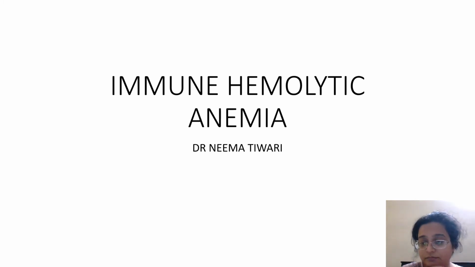The last lecture I had taken was on autoimmune hemolytic anemias, and AIHA is a part of the spectrum of immune hemolytic anemias. I will show you a few slides from the text, again from the same source, Dr. Tejinder Singh's book. But what I want to tell you in this case is that I will focus more on how to differentiate between specific immune hemolytic anemias. That I will discuss with you verbally as I go on with the tutorial.